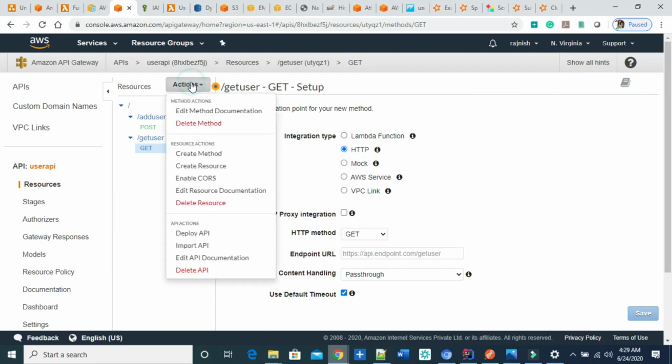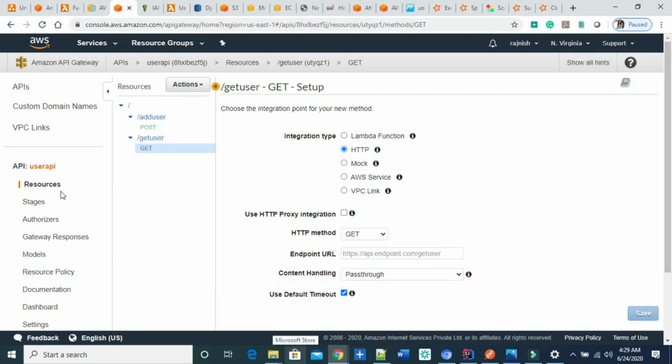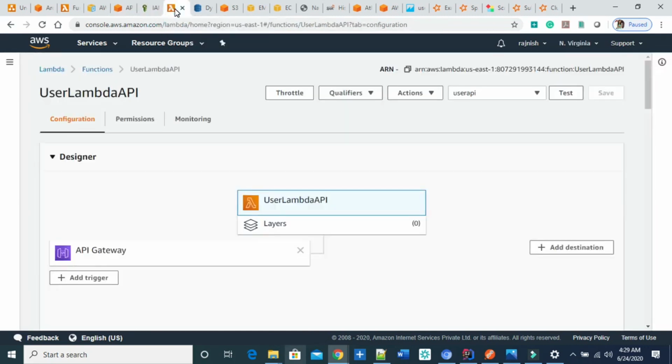Here I'll only show how to create these things. I will create a separate video for all these services. Now I am just explaining at a high level. So this API Gateway is associated with this Lambda. Okay,